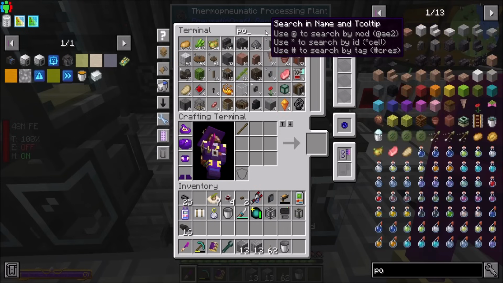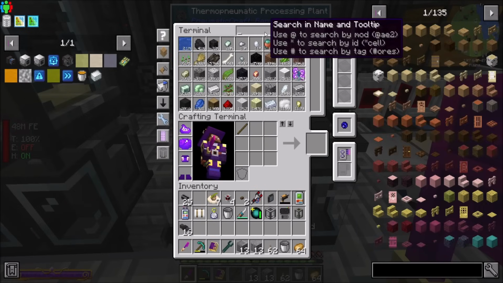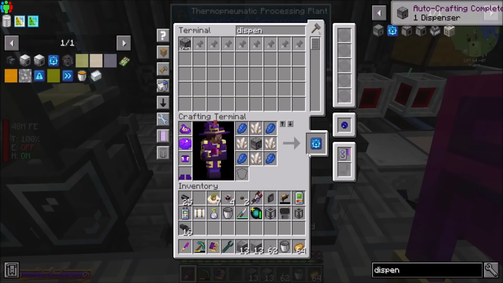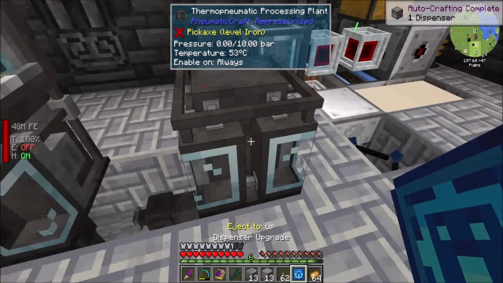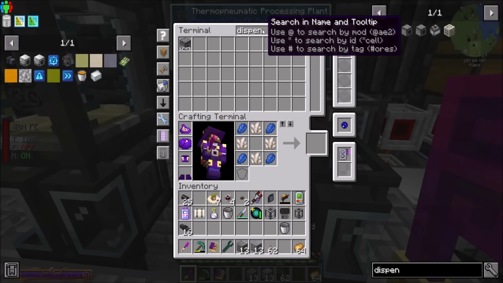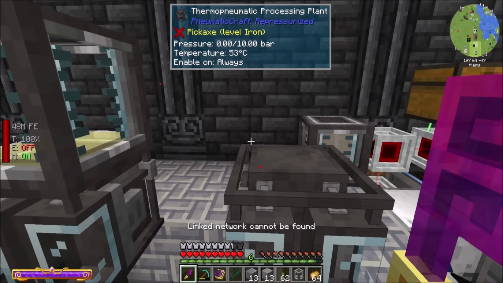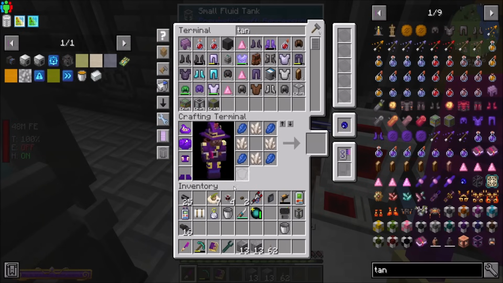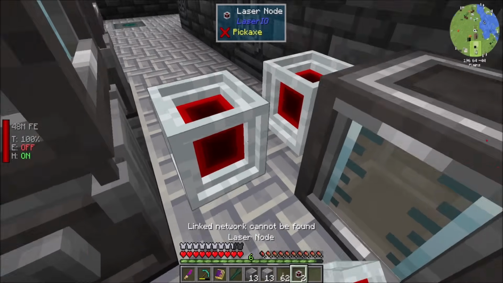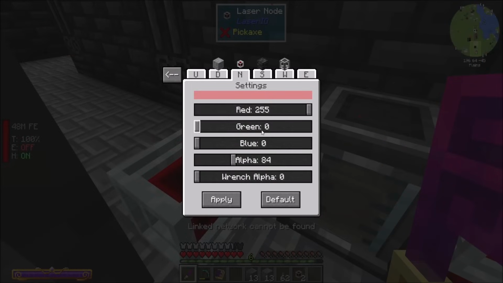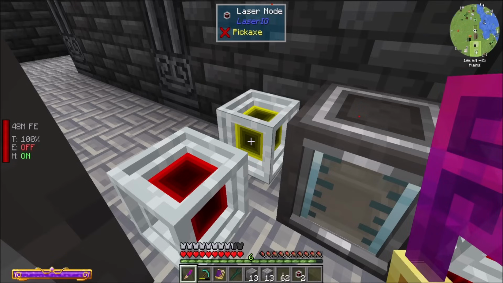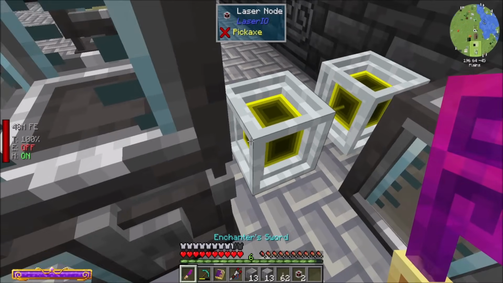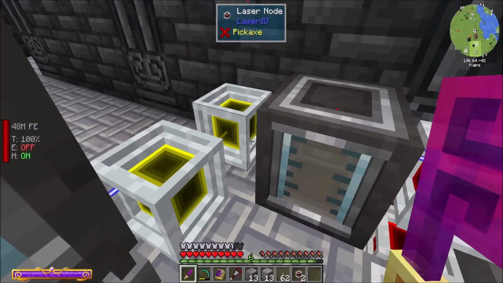Okay, so now if we got some potatoes, right? And I want the dispenser upgrade as well. Okay, so you're going to dispense to the top of a block. You're going to eject, and I would like you to have a tank. Actually, I already have a small fluid tank, so that's cool. So you go there, you go here, and then I would like you to probably just laser IO him, and maybe we'll give you a different color. That's not my laser lens. This is. There you go. Right. So you'll just insert, and you will